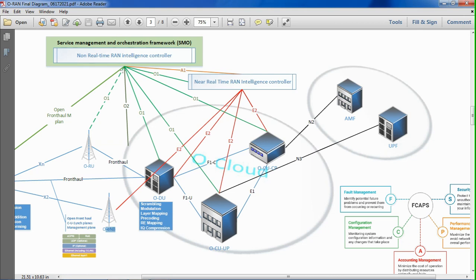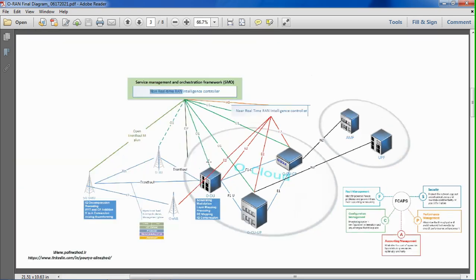Also here we have one A1 interface between the non-real-time and near-real-time boxes, and it's to allow the non-real-time RIC, RAN intelligent controller, to provide policy and optimization information to the near real-time RIC. We will see more details about this functionality when we talk about near real-time and non-real-time functions. In the next slide,